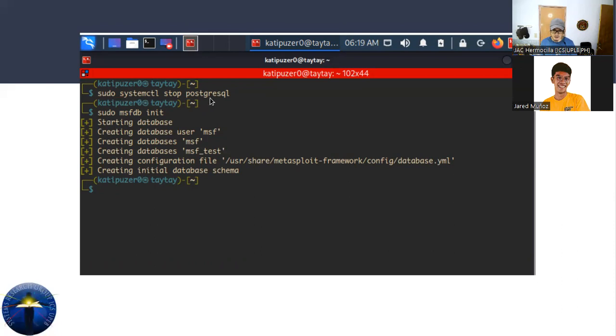First, you need to start PostgreSQL. You have probably heard of this. This is the back end used by Metasploit for storing plugins and other data. I stopped it first, and then I started it later, and then we initialize the Metasploit framework database, and it will create a database and then start PostgreSQL. Once it's done,